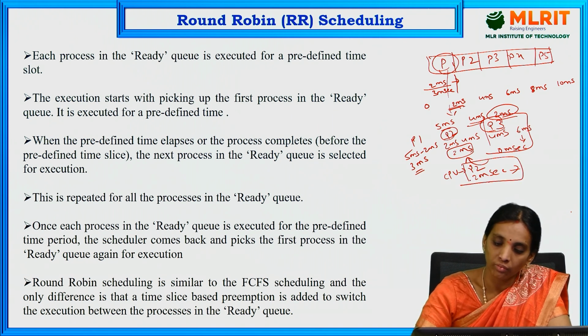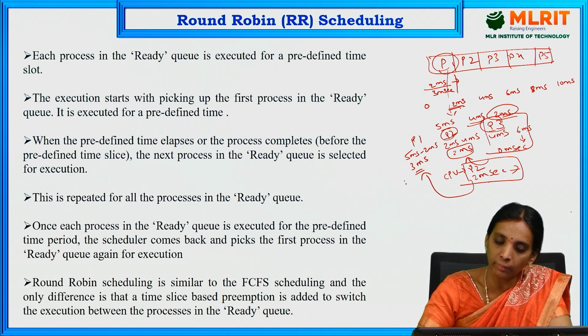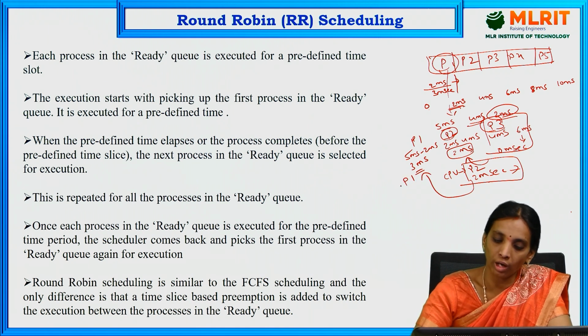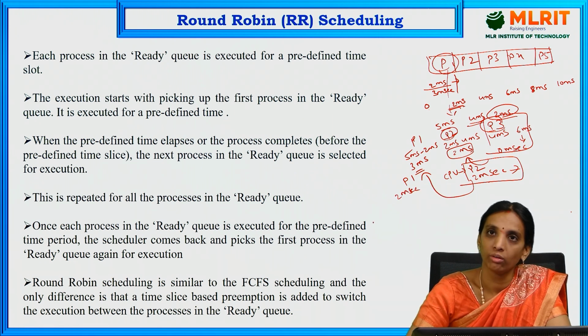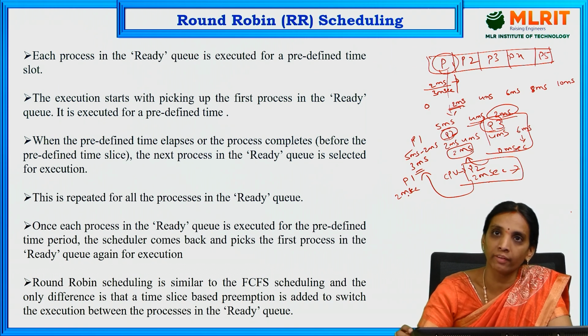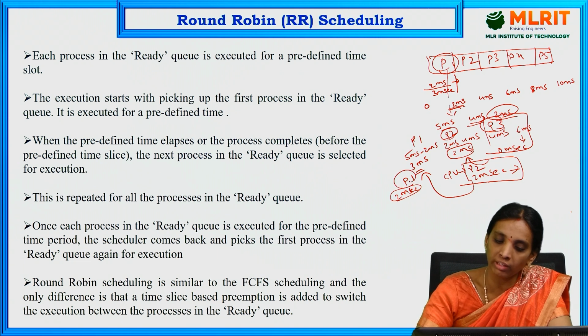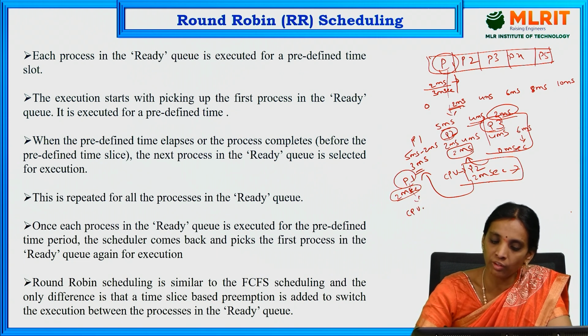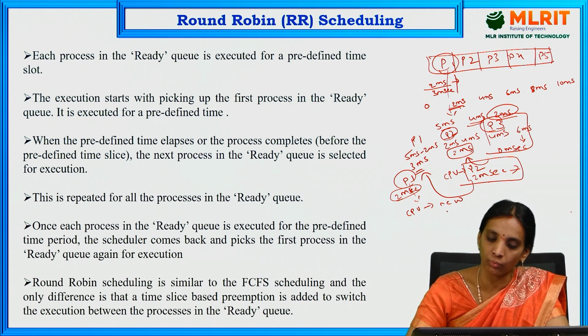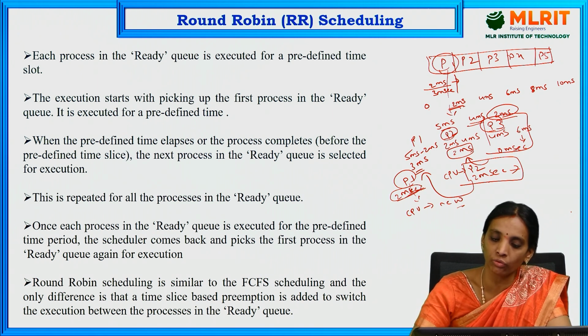Now the execution flow comes back to the P1 process. It starts its execution, and here it takes 2 milliseconds to complete. If any other process enters the OS, then after 2 milliseconds P1 is preempted and the CPU access will be given to the new process. If no other process is there in the OS, then it will complete its execution in another 2 milliseconds. Before that it is completed, otherwise it is preempted.